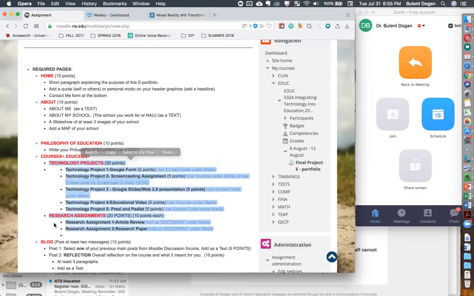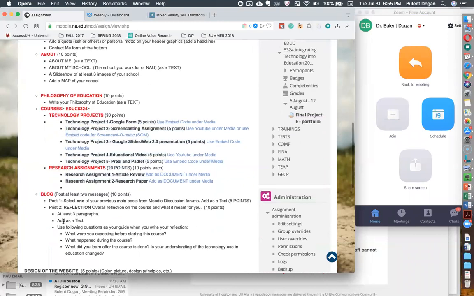Another important thing here is the blog post. You may have a reflection post from another course, but that doesn't mean it's for this course, right? So you need to write a brand new reflection post for this course specifically. Same thing goes for your post number 1. Your post number 1 should come from this course. So as long as you make these updates, you'll be fine to use a previously created ePortfolio